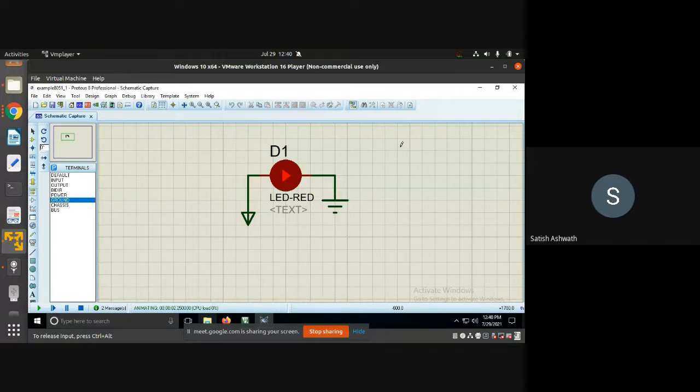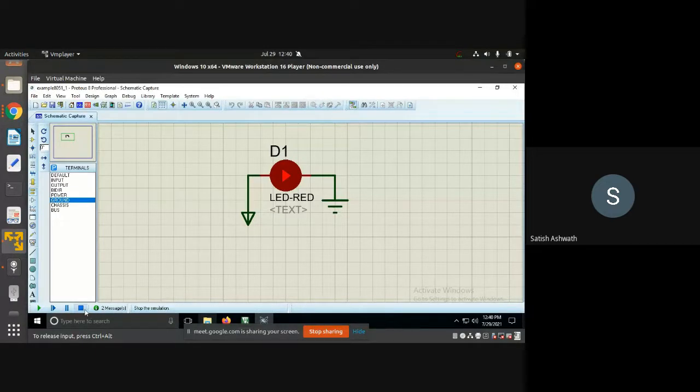Okay, you can see the LED is on now. It just turned on in red color. Right? So the LED is on, so it is working. Nothing else will happen in this simulation. That's all there is to happen. It will remain on as long as the simulation is running. Right? That's a very simple hardware connection you can do, showing how to connect two components in a Proteus schematic.